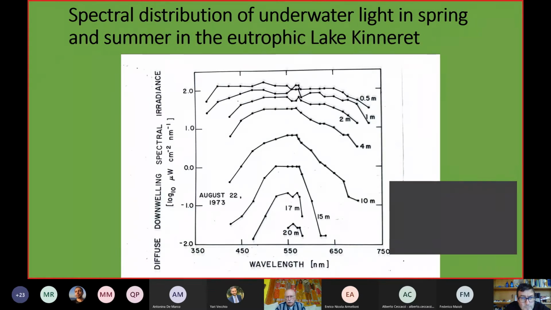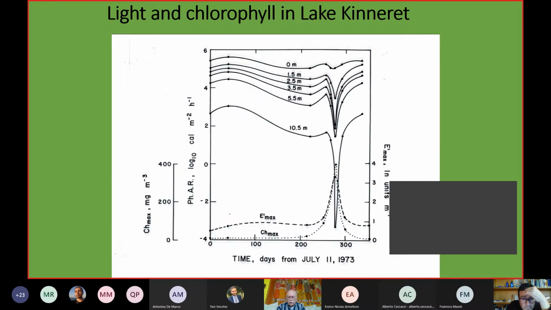And here you can see the analysis of the same, and you can see that at the depth of 20 meters, almost nothing is left, and whatever is left is only some green light. But I want you to note that that change is mainly due to the amount of chlorophyll. You can see the bottom line shows the peak of the proliferation, of the multiplication of the phytoplankton algae, and you can see how it reduces dramatically the light penetrating into the lake.